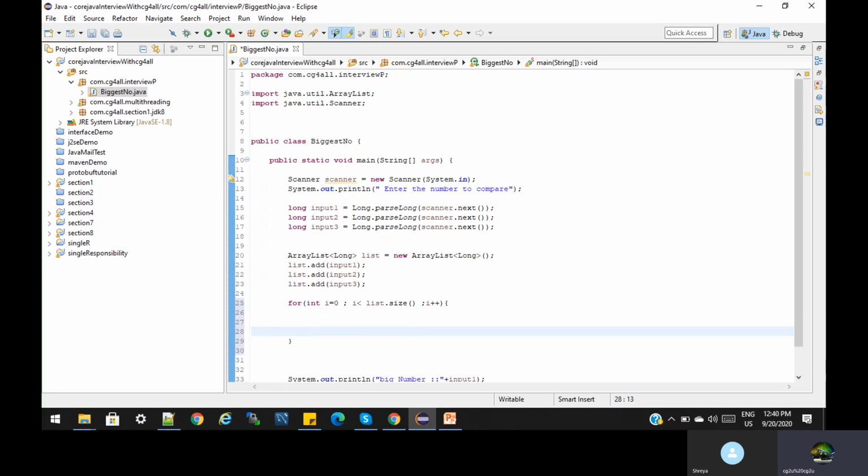Now here what we have to do: every number, the first number, the 0th number, we already get, right?